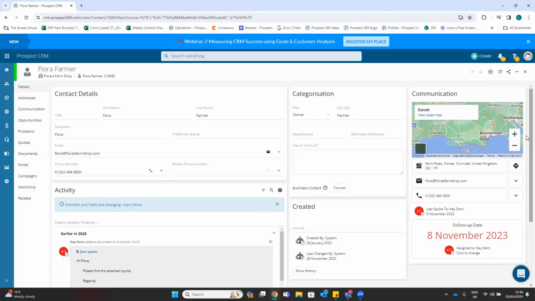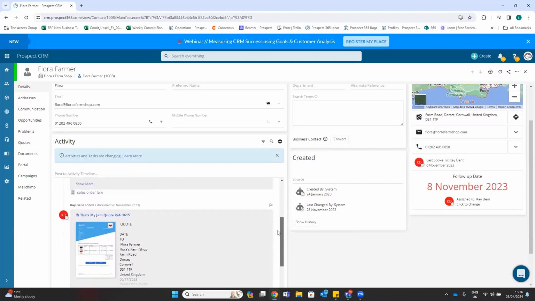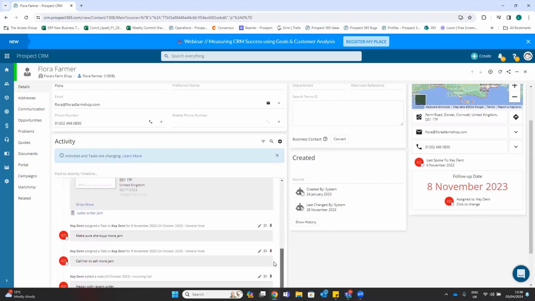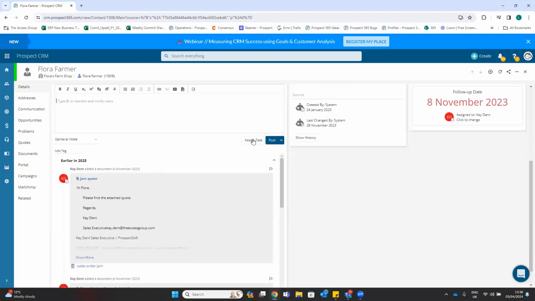You can also see here we've got an activity feed where I can start posting notes and key correspondence for Flora. So I can store all the emails that she sent to me or we've sent out to her, and start really building up an activity feed of everything that's been going on with Flora Farmer. And I can even start setting reminders and tasks for myself or for other users of the CRM. So maybe Flora's given us a call and wants a call back from a specific person. I can type that note in,